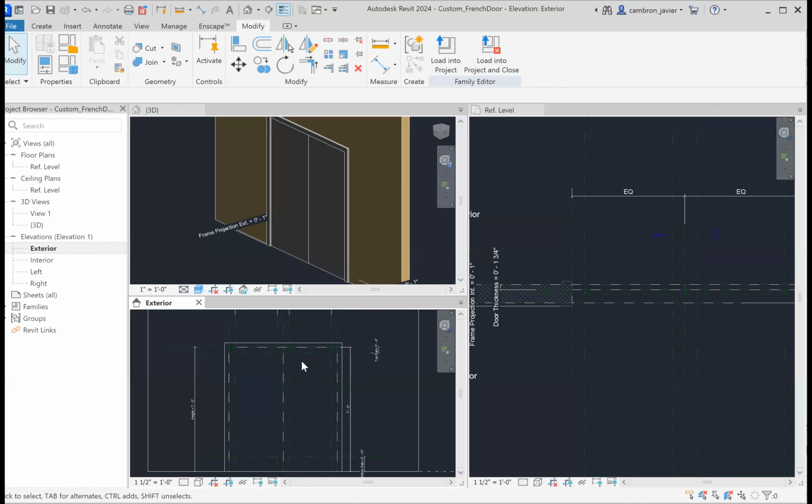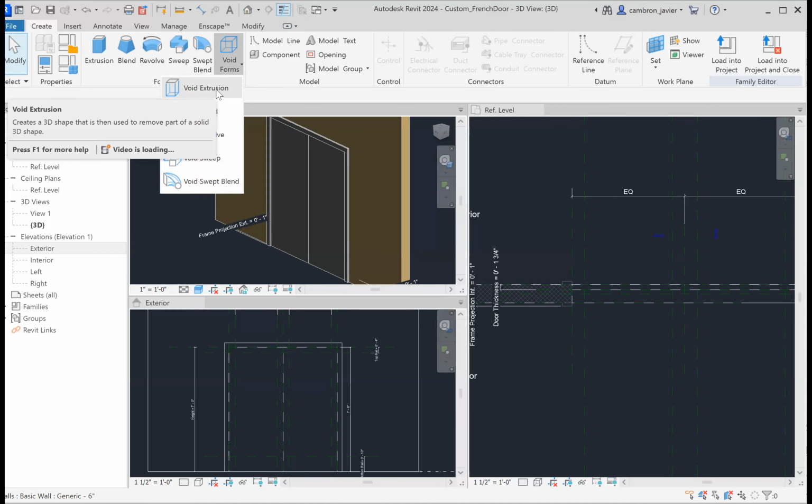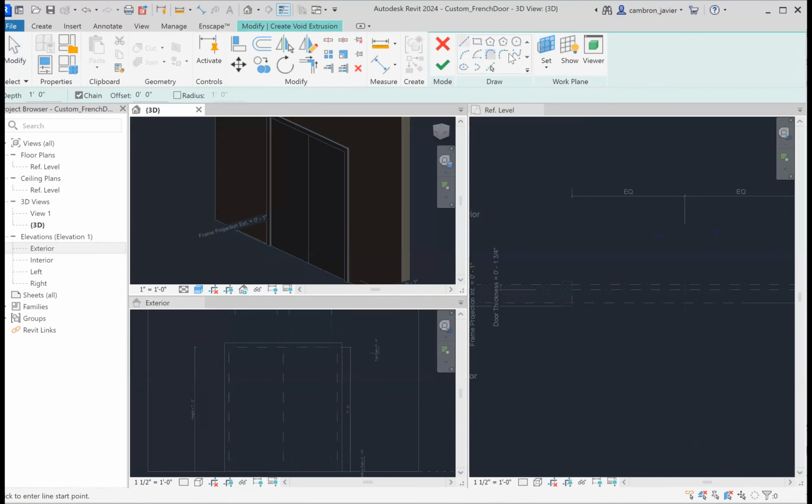So before we could add the glass, we need to create the opening. What good is having a glass material in the middle of the door? So this is where we're going to go ahead and use the void forms, okay, to cut an opening. So I'm going to click on void forms. I click on the pull down and I'll use the void extrusion, okay? And I'm going to use the rectangle tool